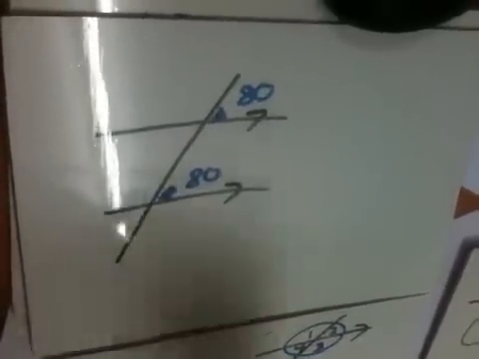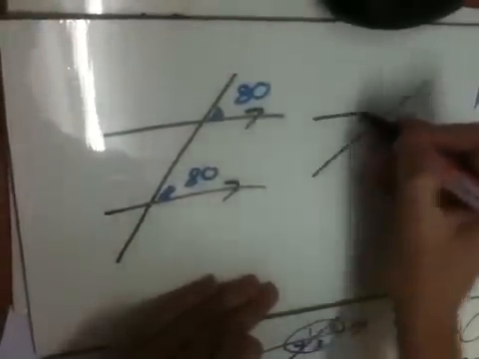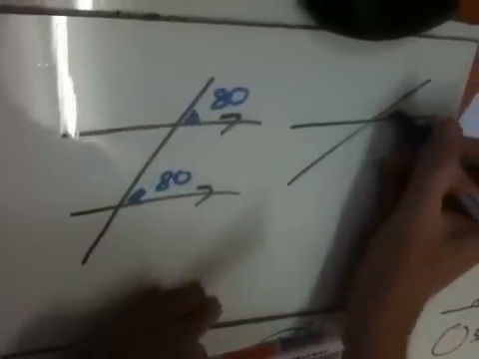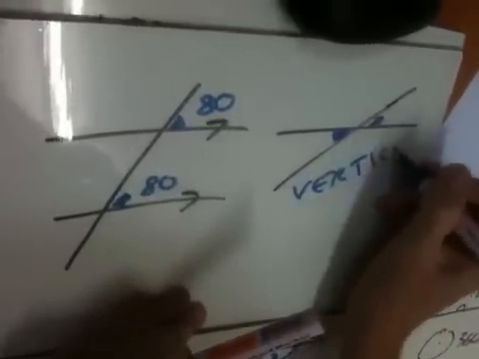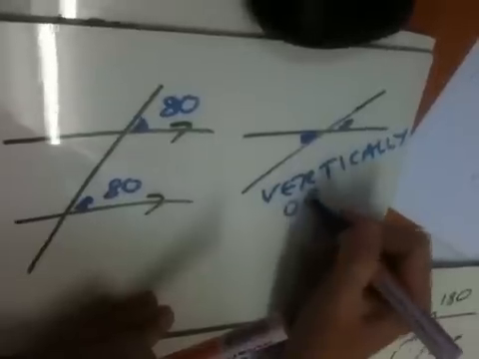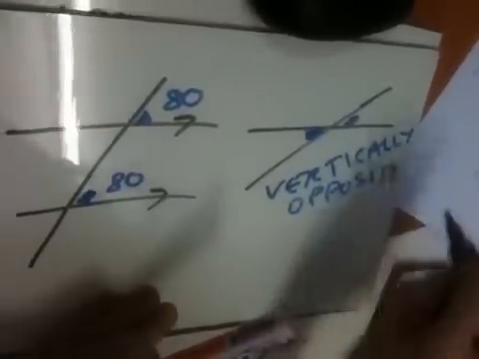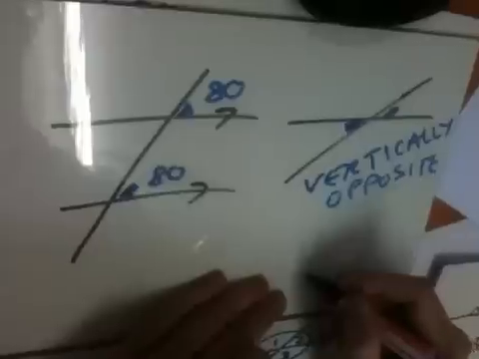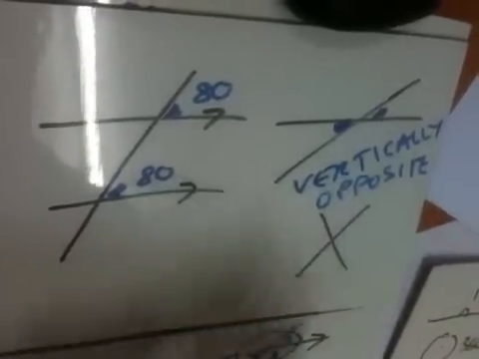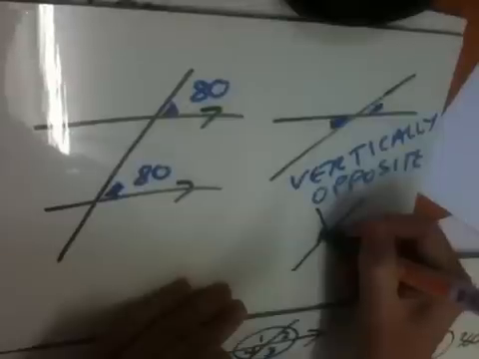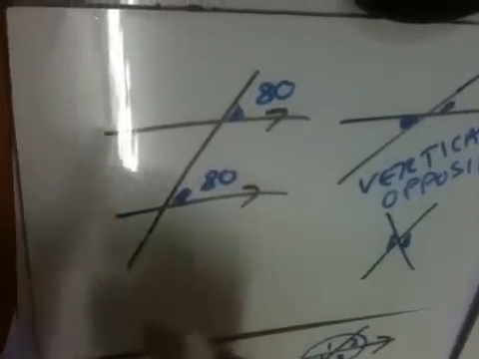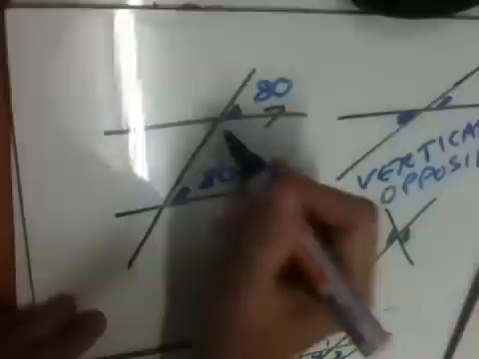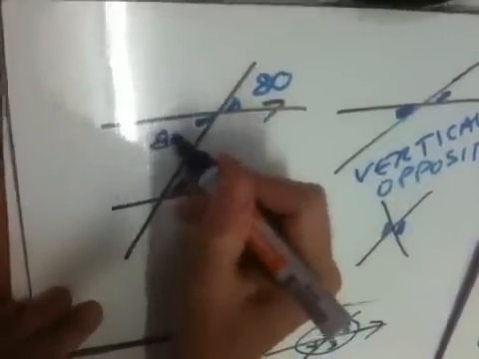Now, if I have two straight lines that cross, the angles opposite are equal. These are called vertically opposite. They must be equal. If I draw another couple of examples that are wider, you can see that these angles here will be equal to these angles. It's always true. So if I go back to my original example, if this is 80, this angle here must also be 80